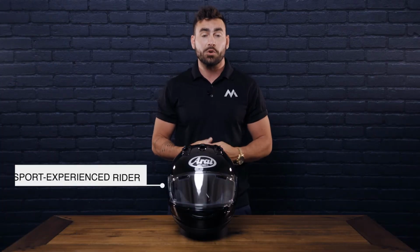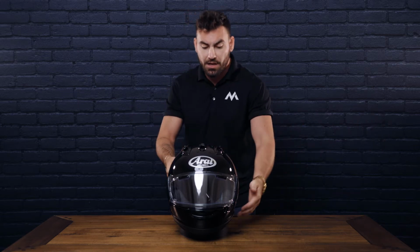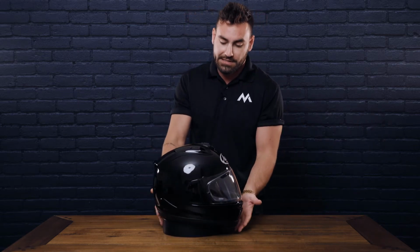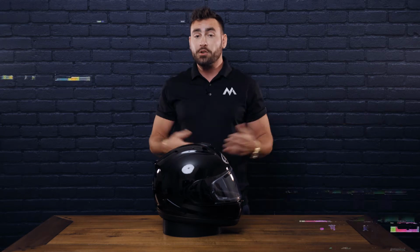Now folks, this Corsair X is going to be for your sport bike riders, your more experienced riders, coming in at that $849.95 to $859.95 price point depending on size. If I flip this helmet just sideways, you can absolutely see this defined tuck to the helmet with an integrated spoiler at the rear. Now folks, really nice. This helmet does come stock with that brand new Snell M 2020 rating,